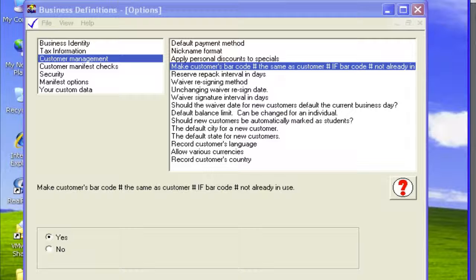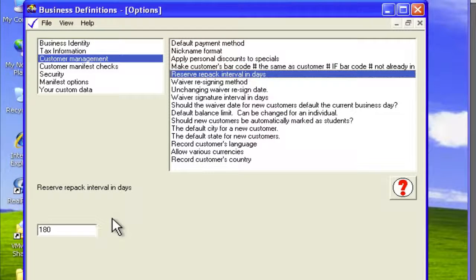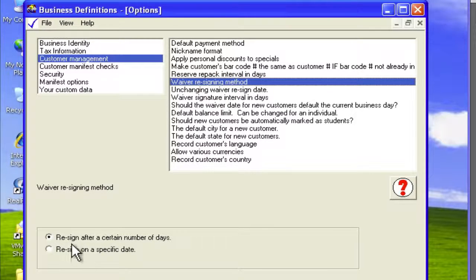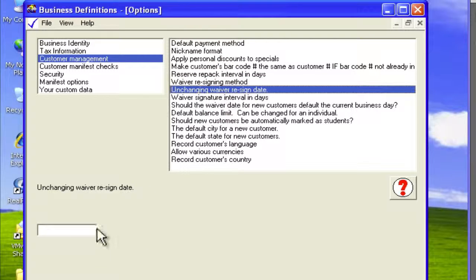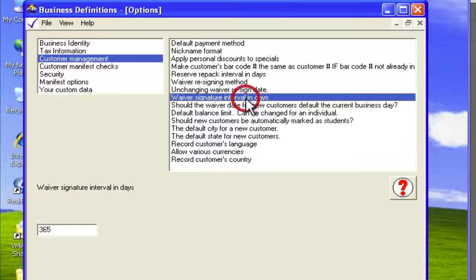Okay, we'll go to the next one down, reserve repack interval in days. We'll say 180. Waiver re-signing method. You have to re-sign after a certain number of days, usually 365, or you can re-sign on a specific date. And that can be January 1st of every year if you like. But we'll do it after 365 days. Unchanging waiver re-sign date. So if you do want it to, every year they have to sign it on October 1st or January 1st, you put the date in there. Waiver signature interval in days,